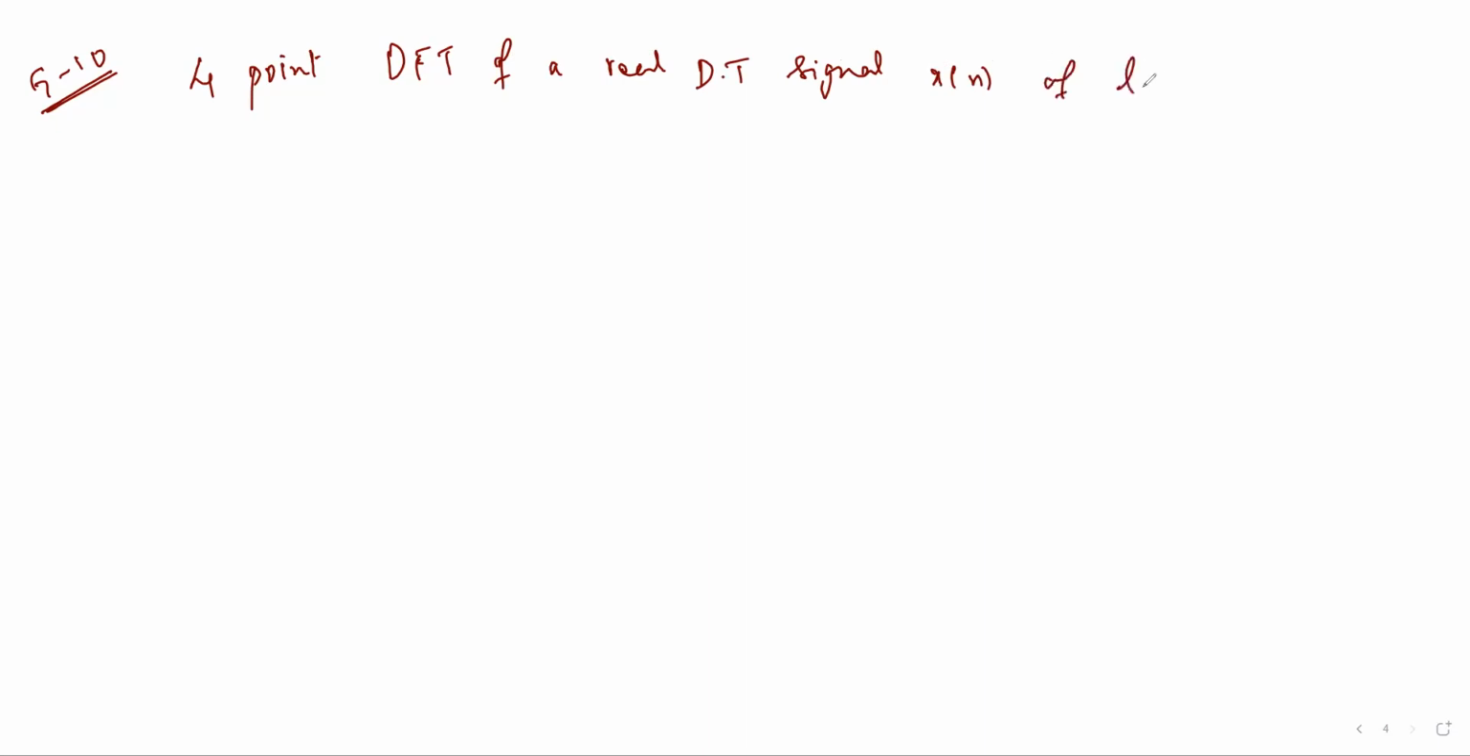GATE 2010 question. The 4-point DFT of a real discrete time signal x of n of length 4 is given by x of k